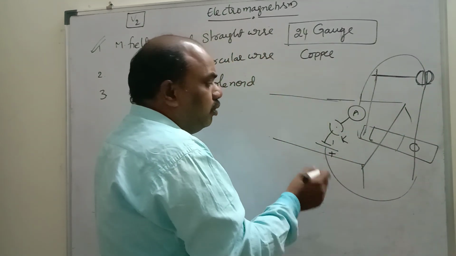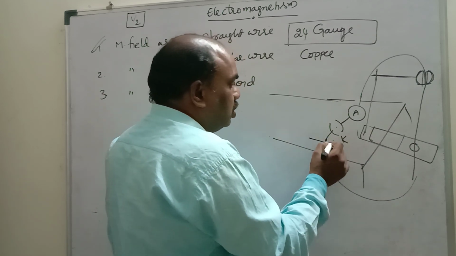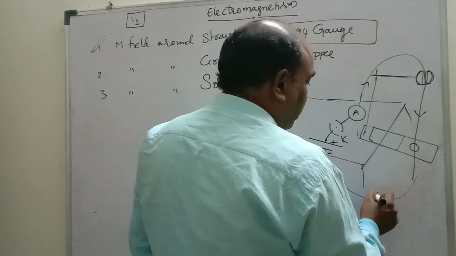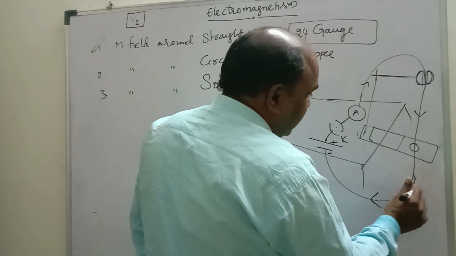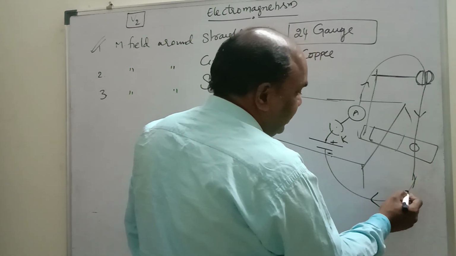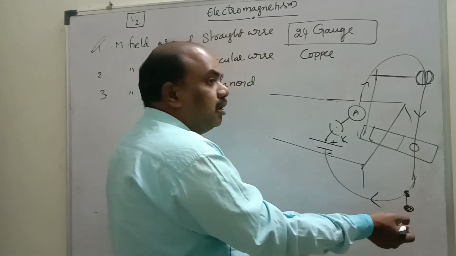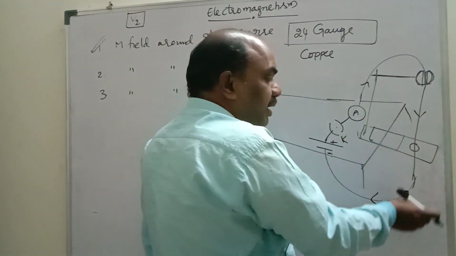and ammeter. We know that current flows from the battery's higher potential to lower potential, so this is positive, this is negative. Current goes like this. Let us consider current is going like this. To make the wire straight, suspend one small stone at this end with the help of a thread. If you suspend a small stone or any wooden piece, non-conducting material, the wire becomes straight. Why?